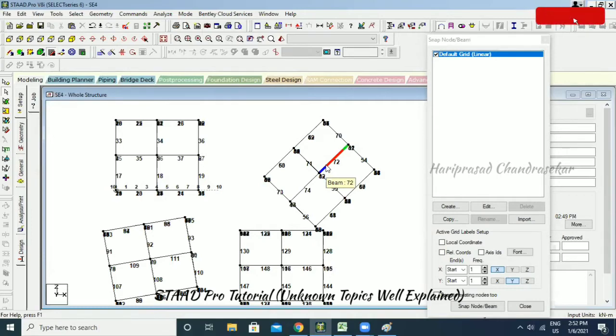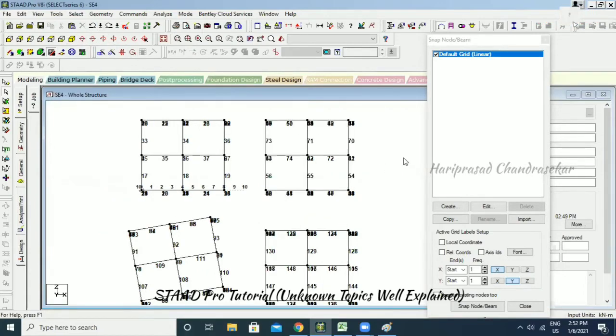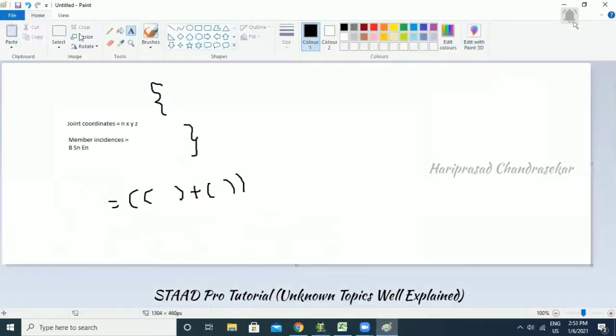Okay. Now, are you okay with this command? Yes, sir. The 45 degree, from which direction is it measuring? Yeah, because before 1 minute, I'm undoing it. So this angle, the nodes that you are putting, that is the starting point. And normally in angles, it is clockwise or anti-clockwise direction. So from this point, it will consider the anti-clockwise. So it will be like go this way. For example, I just draw like that, like this one. And then it will consider you in this direction. So this point only I'm selecting. So it will become like this, 45 degree. So this is like a 45 degree. Now understood? Okay.